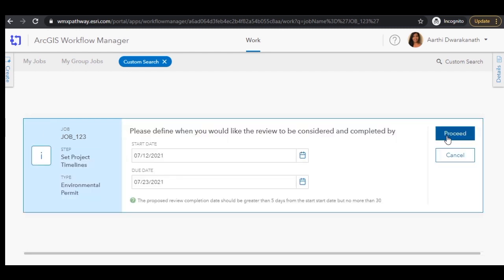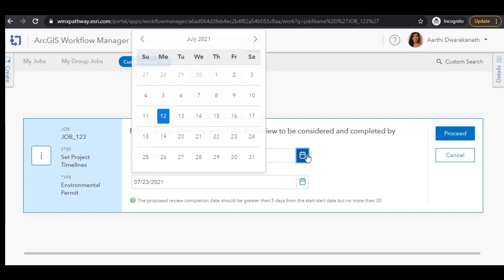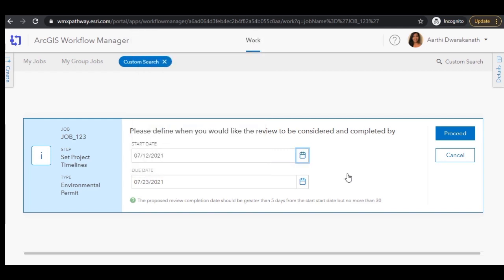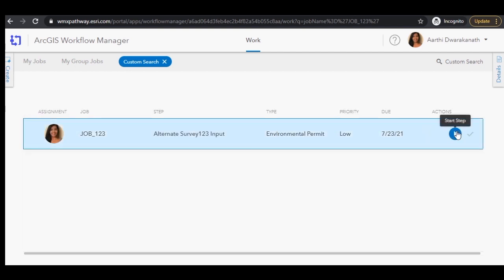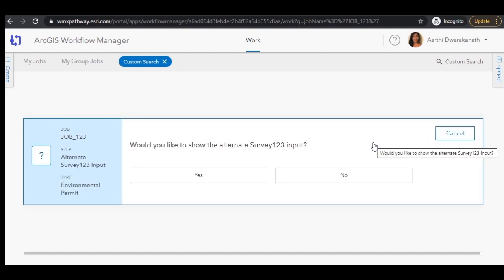This is a real quick way to gather business-specific information related to our process. And not just that, you can also now quickly update default job properties like the start date, the due date, the priority, and status using this step. And everything that you see on here is all configured by my admin. While this feature is useful, we do recognize and understand that it may not fulfill all the needs for data validation. And so for that,